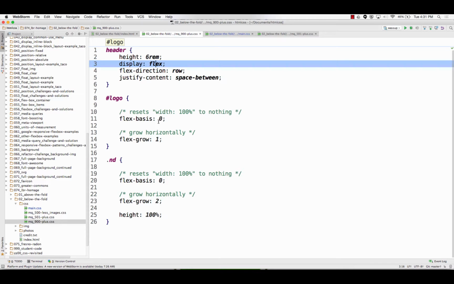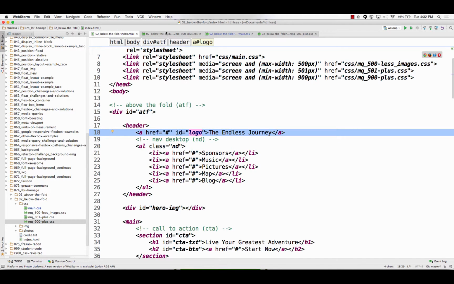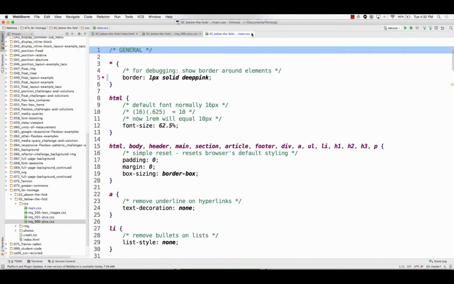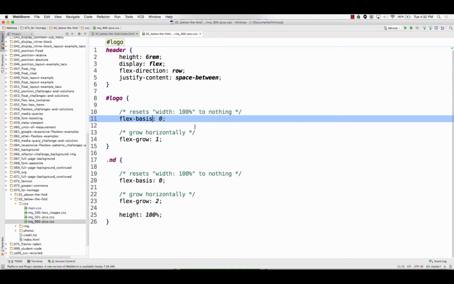Logo is, I think, the header, the anchor. All right, so that's logo. And logo, that's 501, that's main. Logo's flex-basis is 0. So that means it resets the width of 100% to nothing, because the width on that had already been 100%. So I had to do flex-basis 0. Flex-basis auto will automatically take on whatever the width of that item has been set to. Okay, and